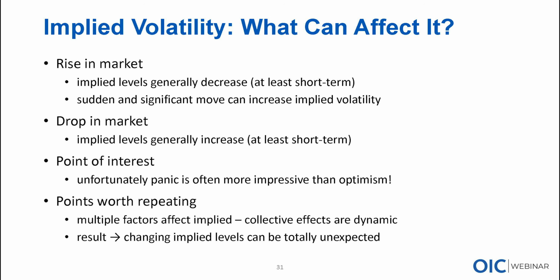Because I don't know what's going to happen with the market, I'm accepting, as an option seller, a tremendous amount of risk. Certainly, the further out in time that we go, which is one of the reasons why longer-term options are so much more expensive than shorter-term. As a seller, I don't know where the market's going to be. I'm accepting a tremendous amount of risk. To offset that risk, I'm going to demand being appropriately